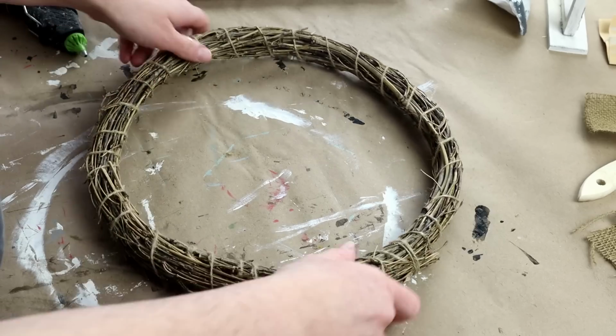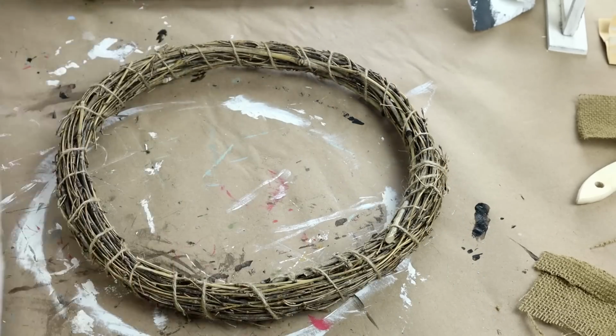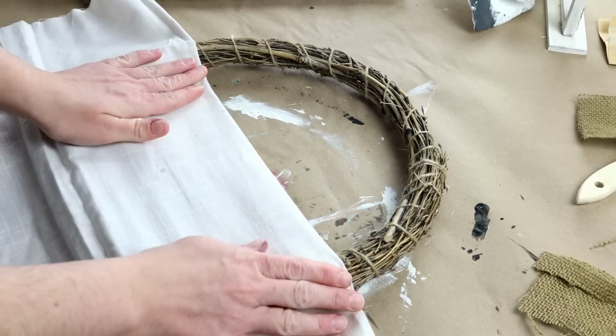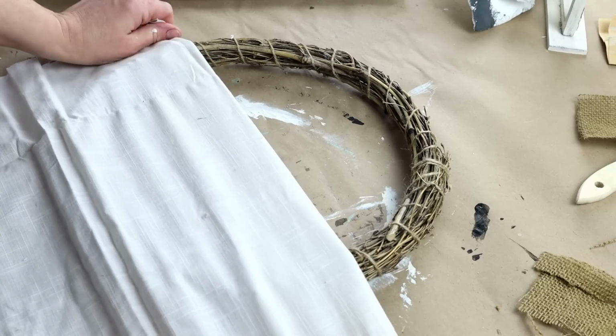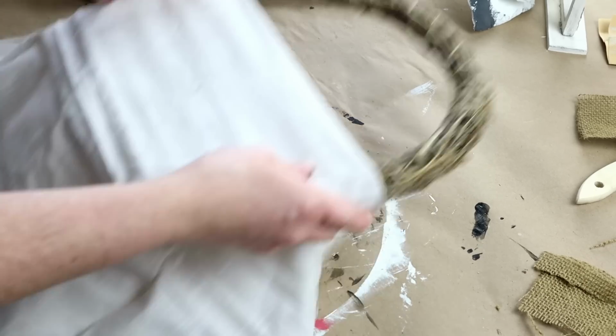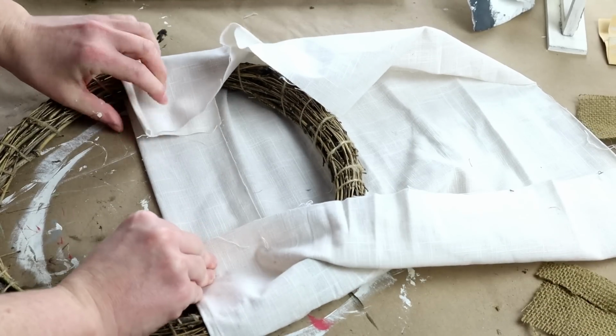I'm then going to be using this cream color fabric that I also picked up from Dollar Tree. And I'm just going to be folding it along the top side a little bit so that there's not any frayed edges on the fabric. And then I'm going to be flipping my wreath over and just wrapping the fabric pretty much around the bottom